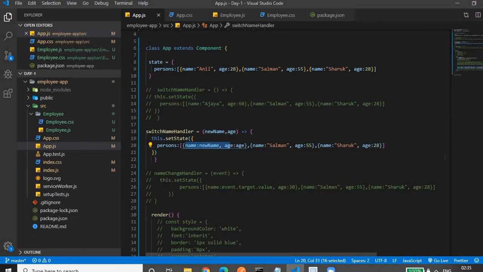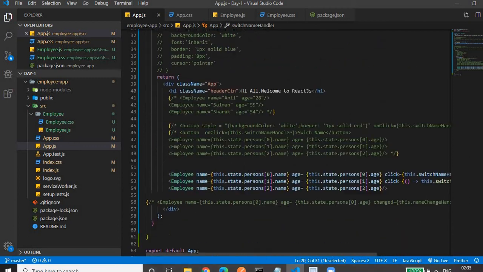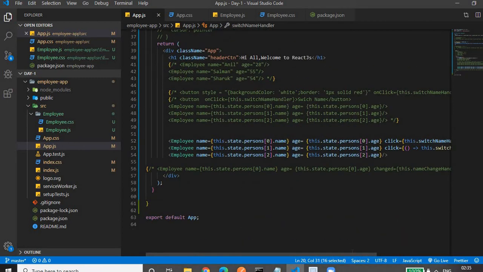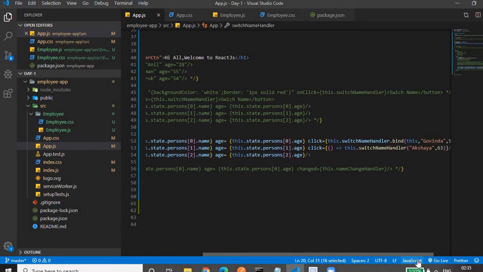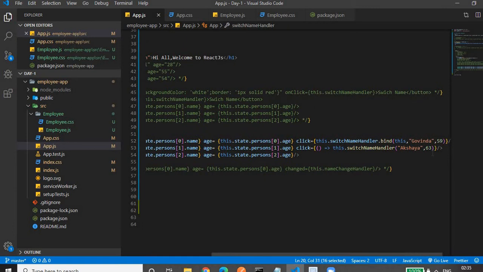So what have we passed for the second component? For the second component, we have passed Akshay and 63 years old. That's why on click of the second paragraph of the employee component, the first employee component is changed to Akshay and age 63.